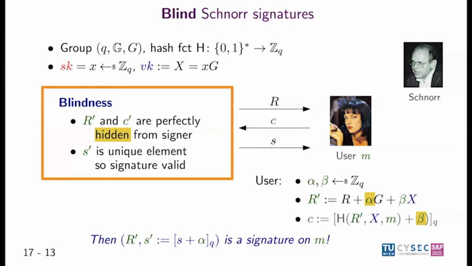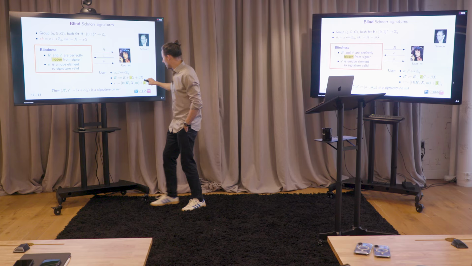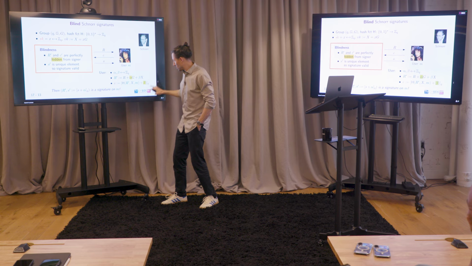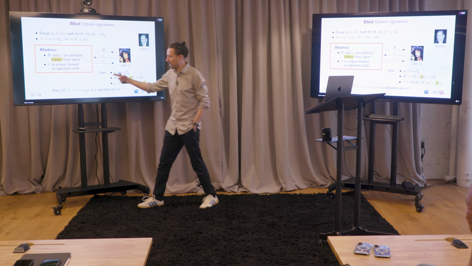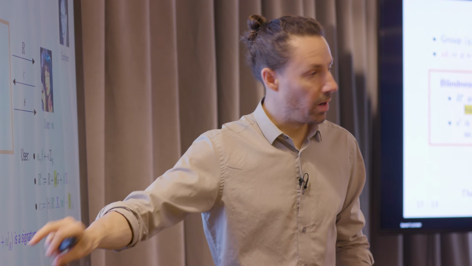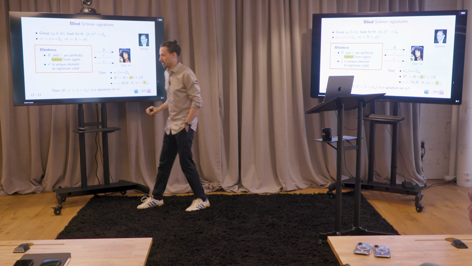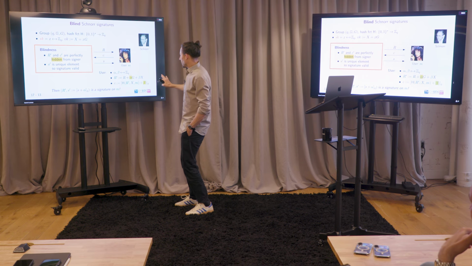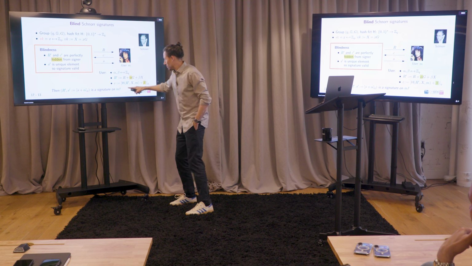Because what does the signer see? It sees the final signature R prime, S prime. It sees the value C, but actually, if you look at R prime, then alpha is an independent random value that completely blinds R. This value C that the signer sees is completely blinded by beta. Now it seems there's a third value, but that's uniquely determined by the others, right? For every R-C combination, there's only one S that makes it a valid signature. And so the signer doesn't learn anything. What is C prime here? Sorry, I didn't spell that out. C prime would be the hash value that went with the actual signature.